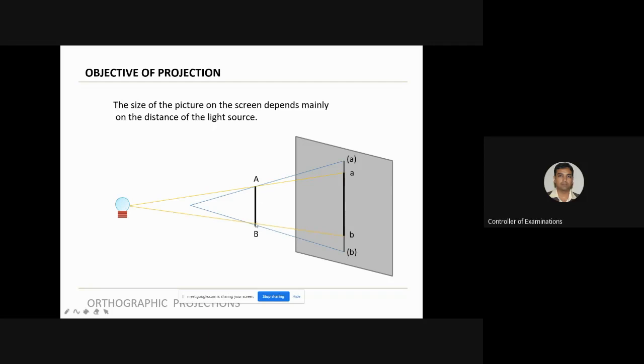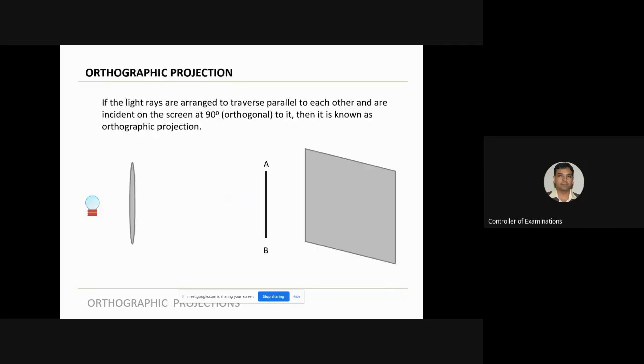The object here may be 1 feet, the image may be 1.5 feet. Is this the true dimension? No. So then we have to use this method of orthographic projection, ensure that the parallel rays of light fall on the object at 90 degrees and on the screen at 90 degrees. Then only can you get the true shape and size of the object on the screen. So this method of getting it is called orthographic projection.